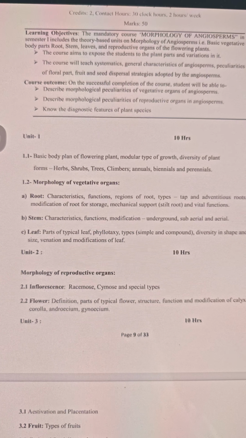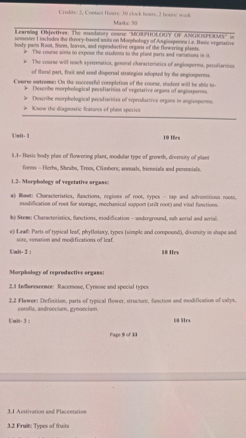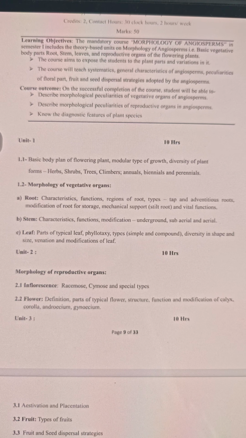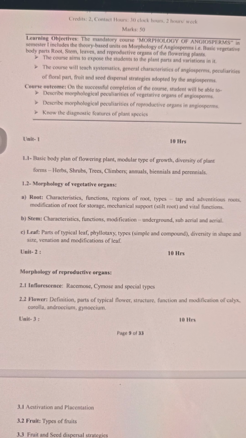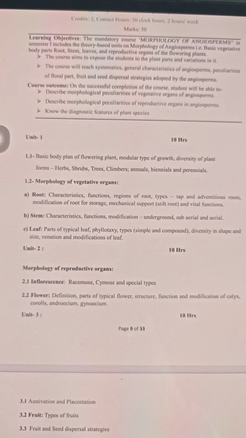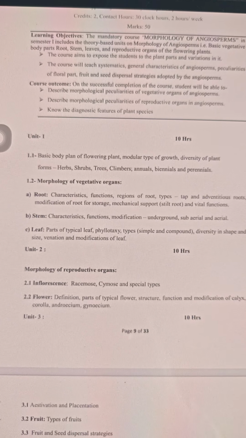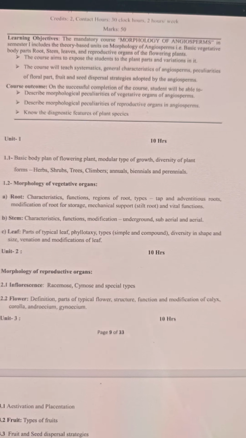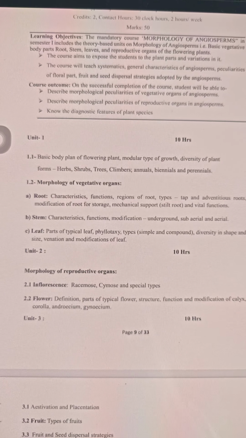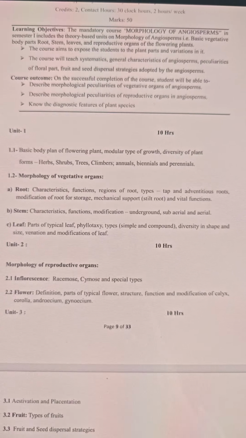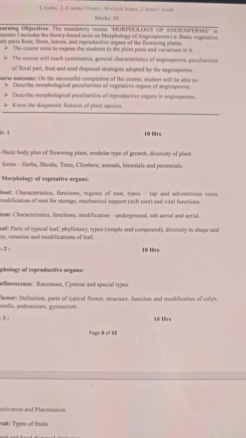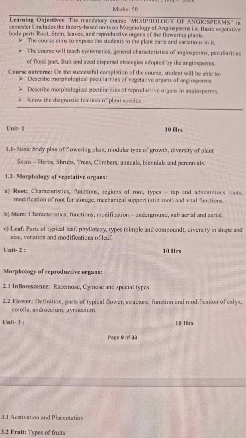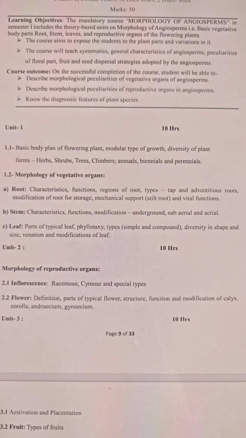Second is 1.2, that is morphology of vegetative organs. Vegetative organs means those which don't take part in any reproductive functions. So, as we know, in any general plant morphological features, you have root, stem, and leaf. So, in this 1.2, we are going to discuss the general characters of first, that is root: characteristic function, regions of roots, types, tap and adventitious roots, modification of root for storage, mechanical support, that is tilt root and